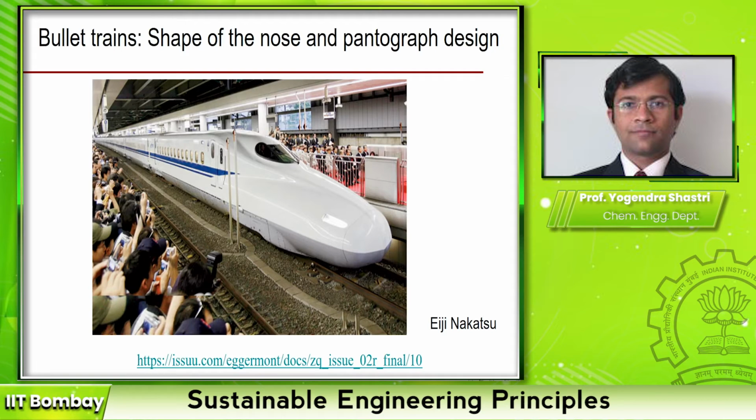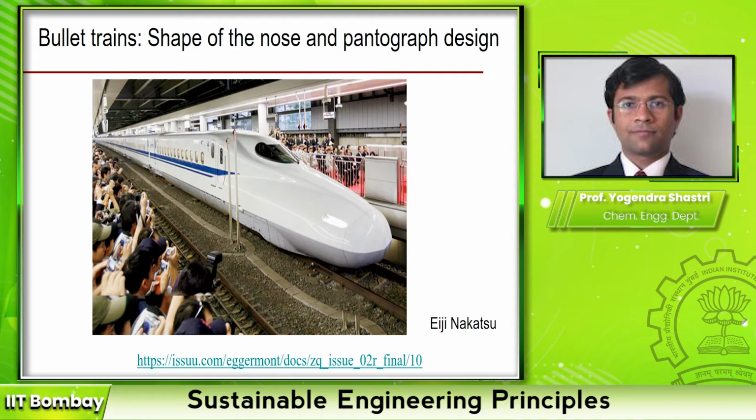The main reason was a particular problem that the bullet train operators were facing. Bullet trains obviously run at very high speed, and the tracks that were developed for the bullet trains had a lot of tunnels. The observation was that every time the bullet train either enters the tunnel or leaves the tunnel, it generates a lot of vibrations and noise. There was a lot of turbulence generated, and because of that there was a lot of vibration and noise.